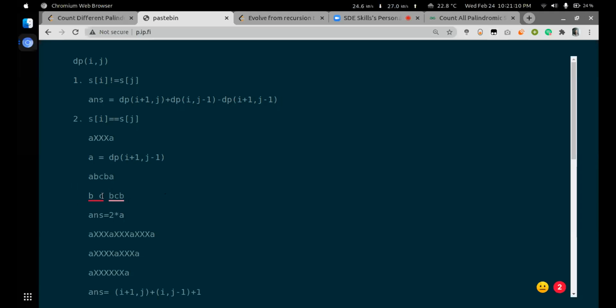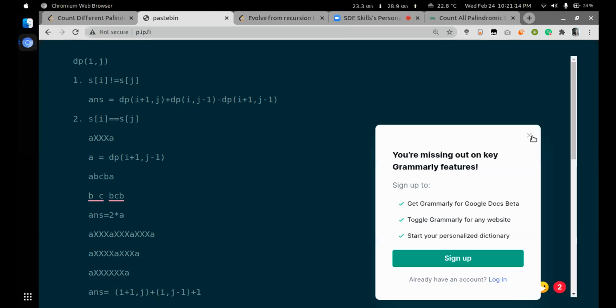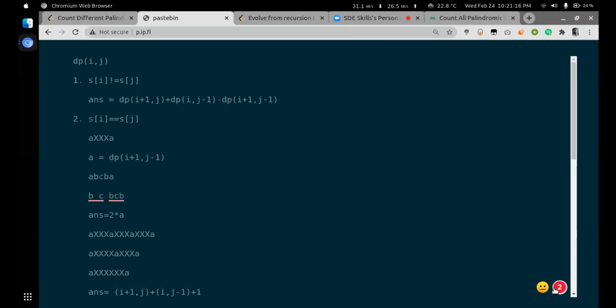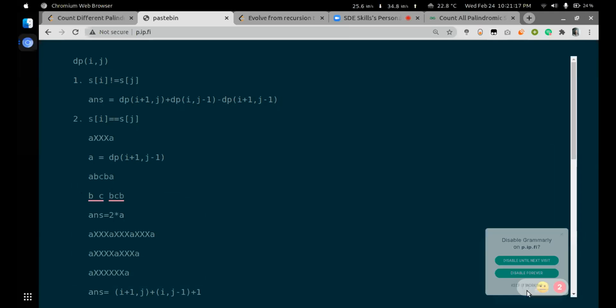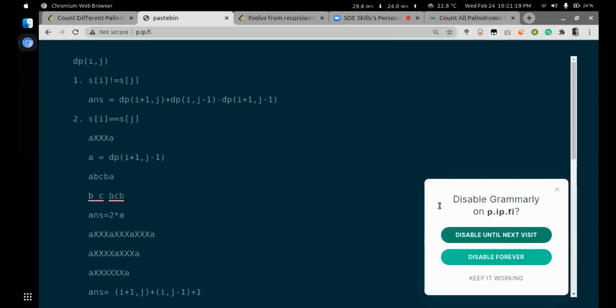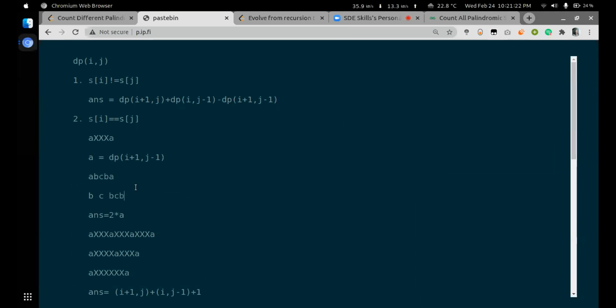Either I pad A to both the sides, and the other option is I don't pad it. So this is why twice of the... Can you write it down on the below line so it will be more clear to everyone? So it will be ABA, then ACA, and then AB, BA.